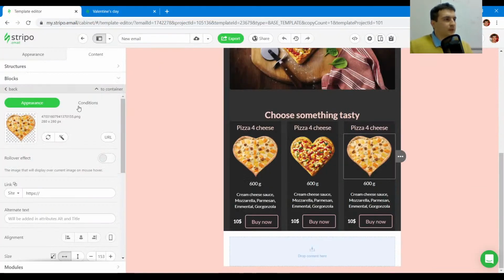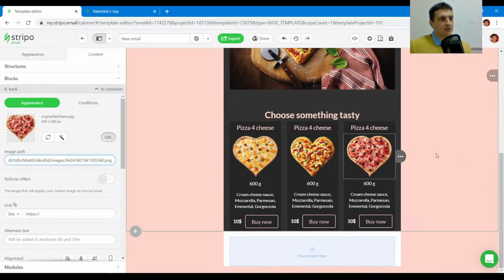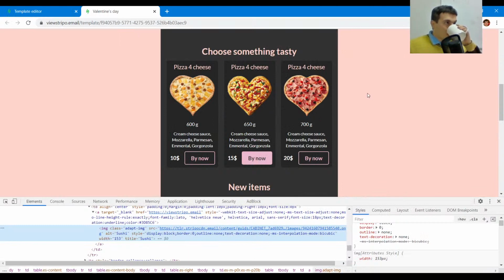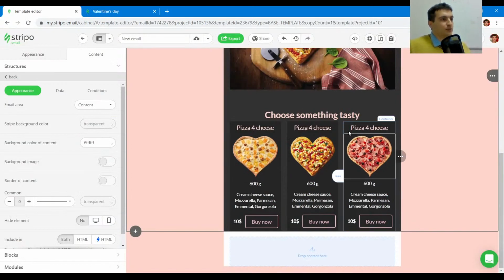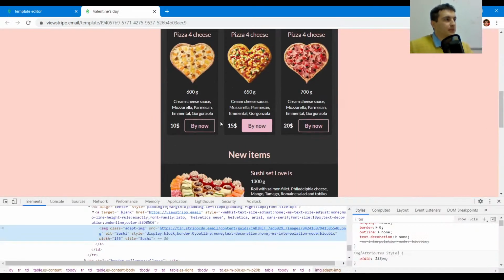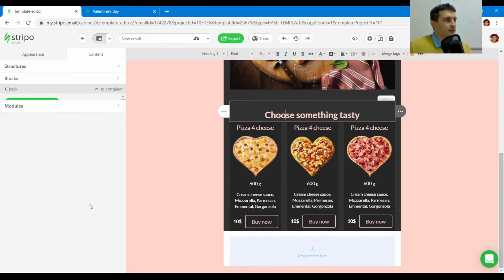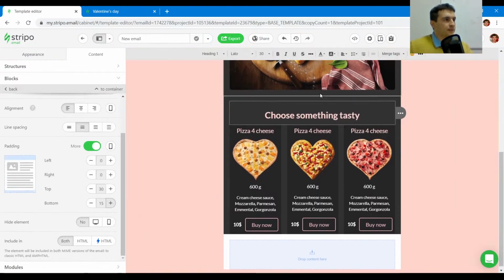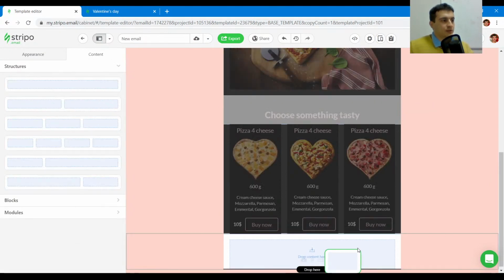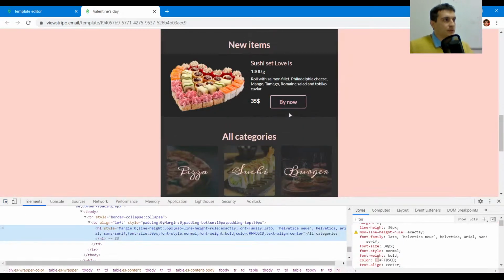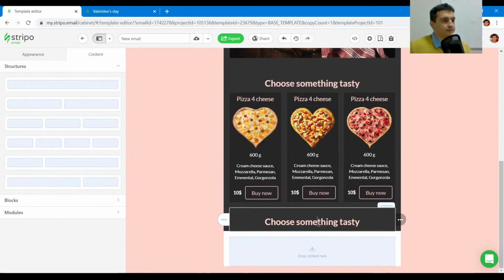So I'm not going to repeat all these actions because it goes without saying, I believe. So let's move to another element. We have a very similar element. Okay, actually I think that we have to add more paddings here, this way, and we can reuse the structure and change the text of it, new items,